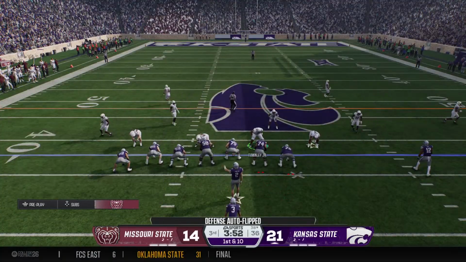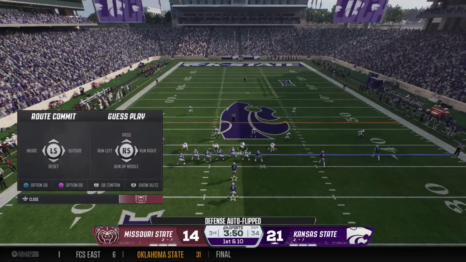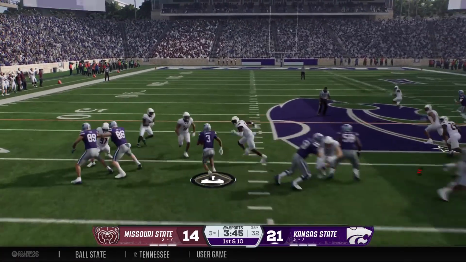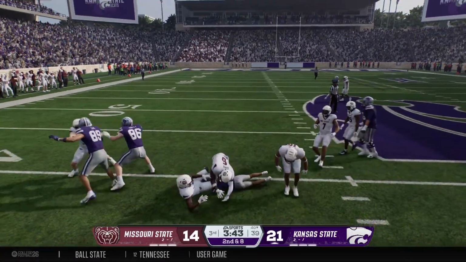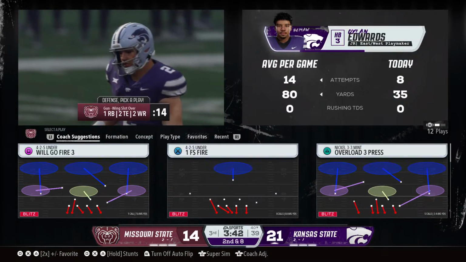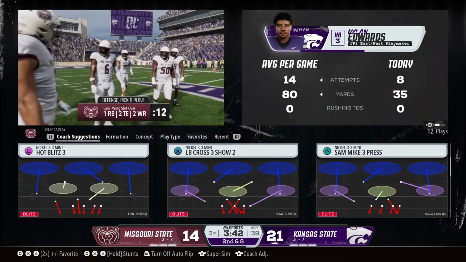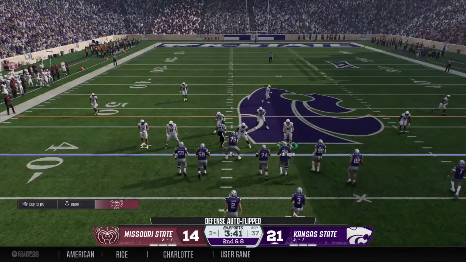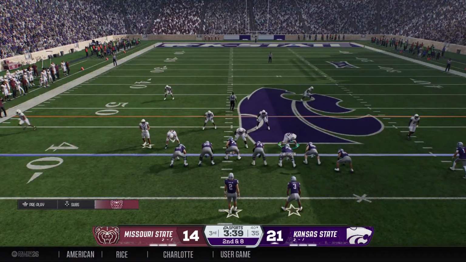Here's this offense with a fresh set of downs. The give to the lone running back. That's a really good job by the defense, wrapping them up, getting them on the ground. Take away that run game. Make them one-dimensional, put them in passing situations. Really good job by the defense. After picking up a couple at 2nd and 8.